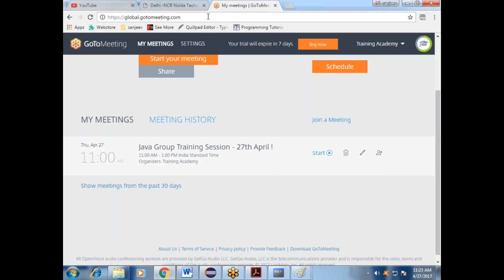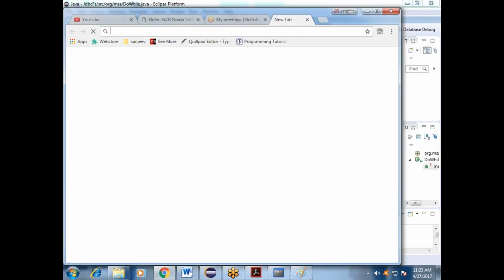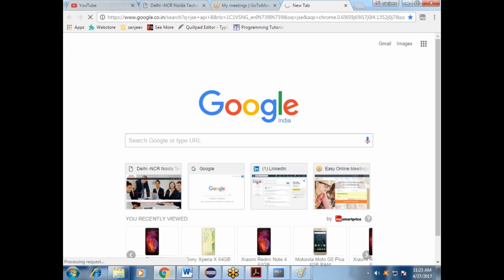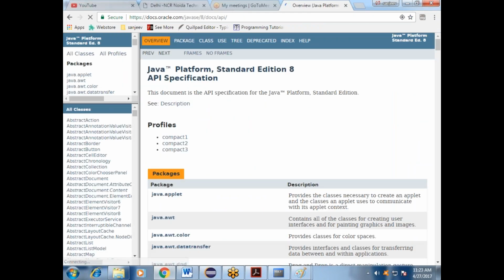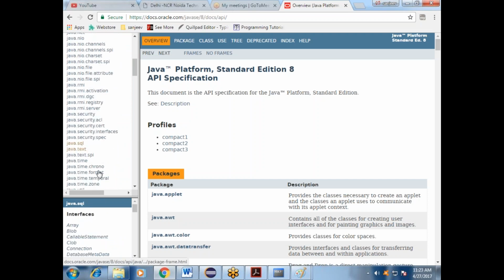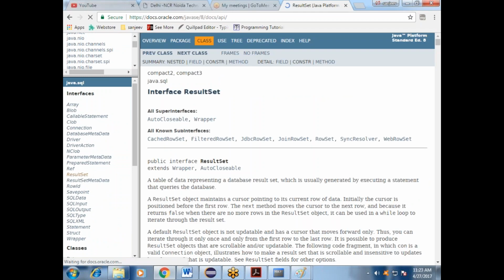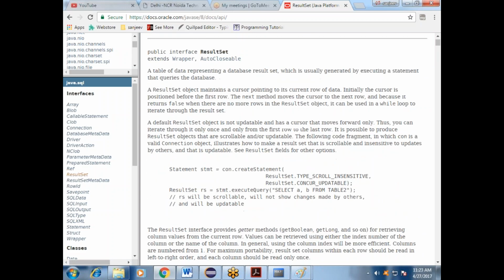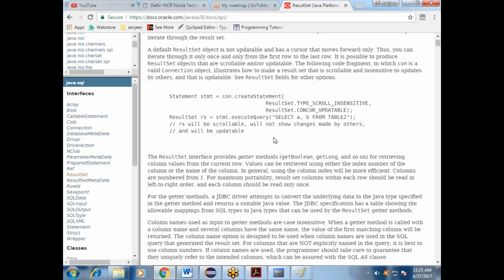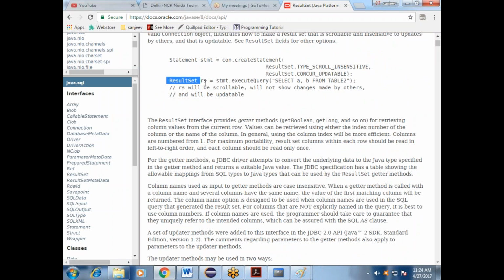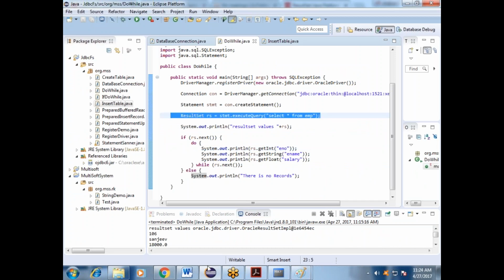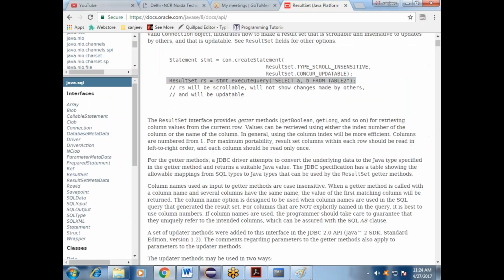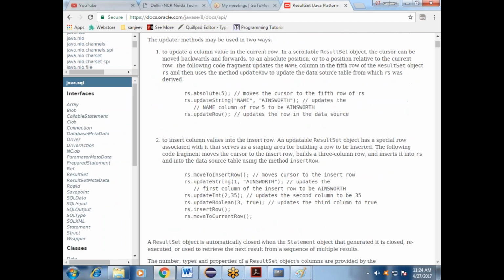See, we will go to the ResultSet. You will go to java.sql, then to the ResultSet. Inside the ResultSet interface we also have sub interfaces, like RowSet and all those. Here you will get ResultSet and see where it is implemented. Then you will see some methods here.